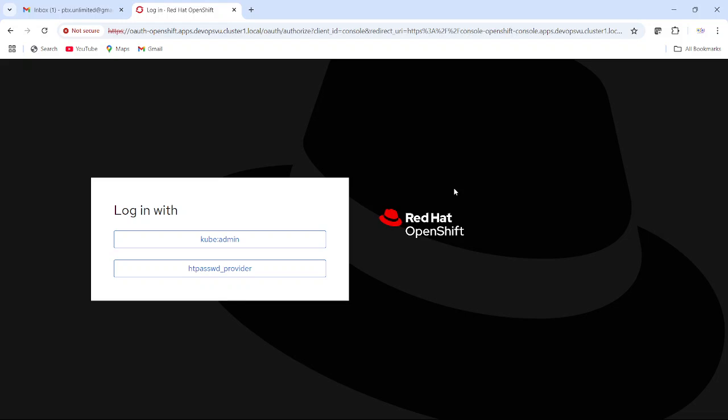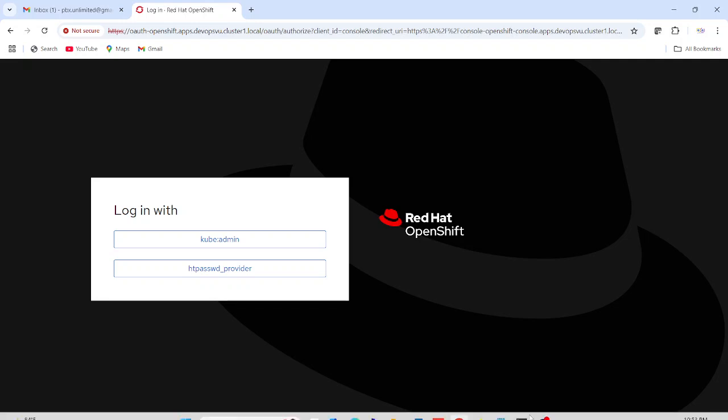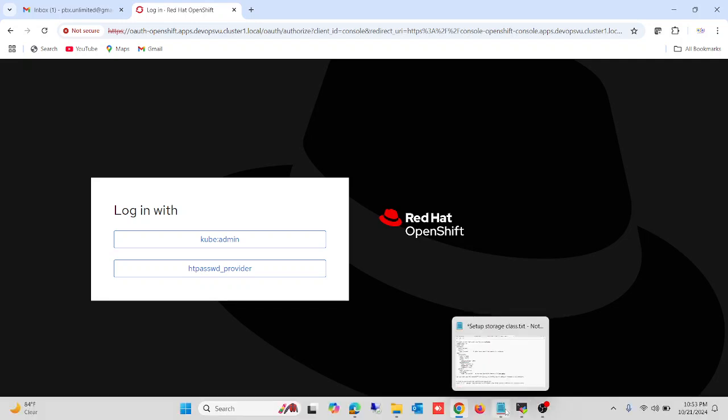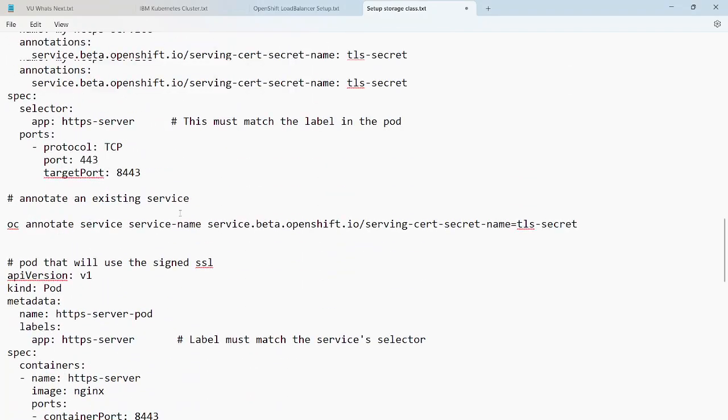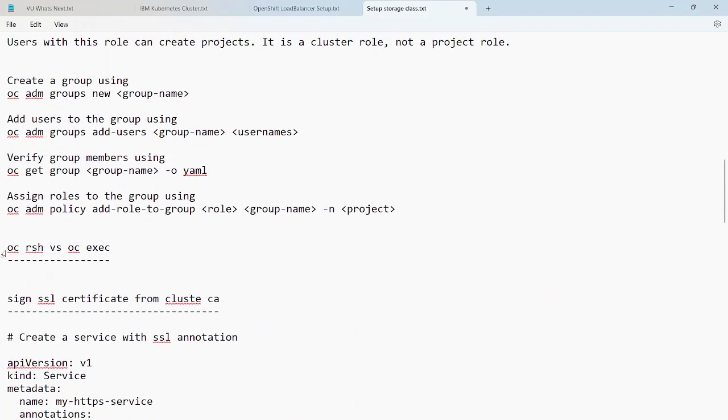Now we have to understand two important concepts in this video. The first one is the OC RSH command, and how this command compares with OC exec. And the second thing we have to understand is the certificate authority that is running by default